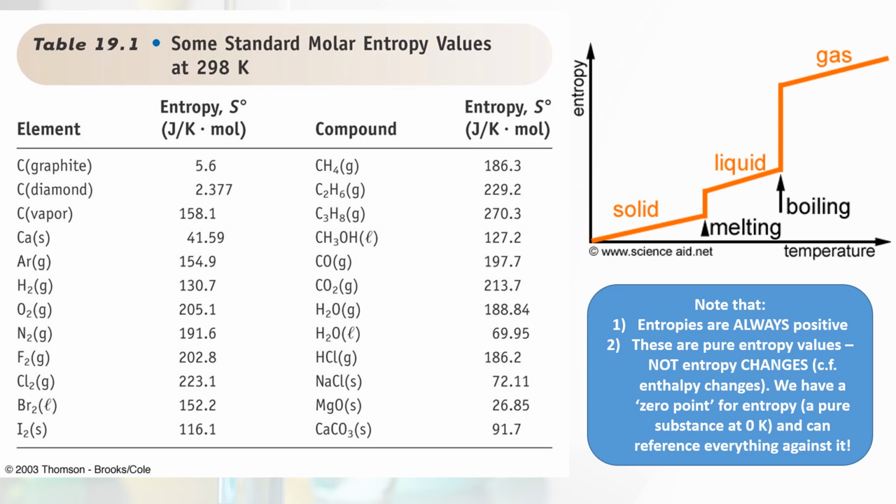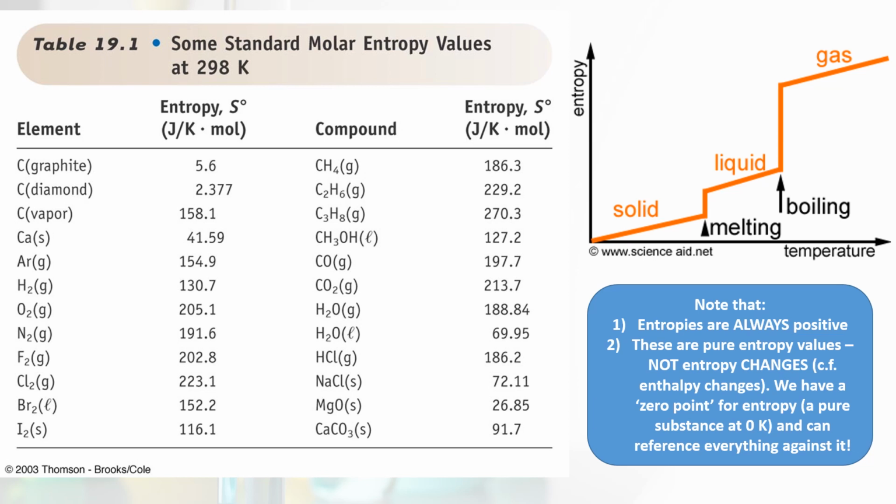Now, we can also show some of this sometimes on an entropy temperature graph. So let's say we were looking specifically at water, so going from ice to liquid water to water vapor and measuring the entropy. First of all, let's say we start off at a very low temperature with solid ice, solid water. As we heat it up, we know that the entropy increases on increasing temperature, because while our particles within the ice can't actually physically move, they can vibrate more. The solid, remember, can vibrate around fixed positions, and so our entropy increases slightly because there's now a little bit more randomness, a little bit more disorder in that system.